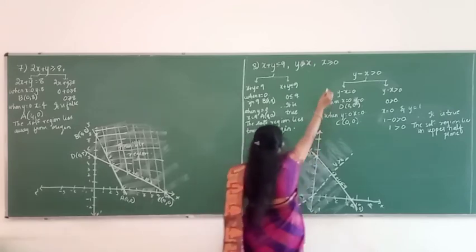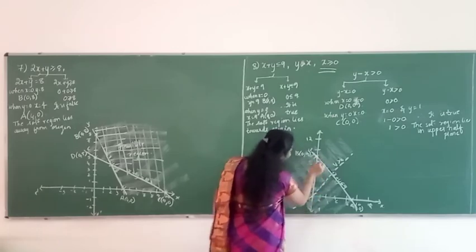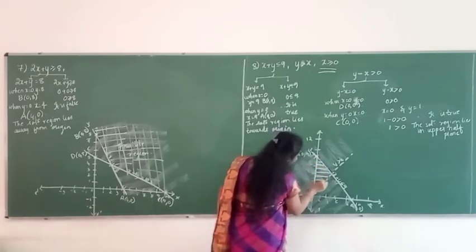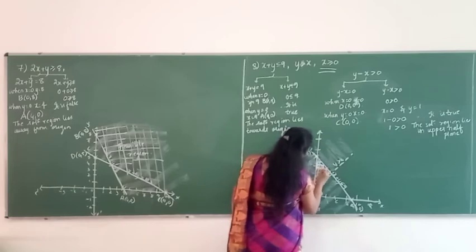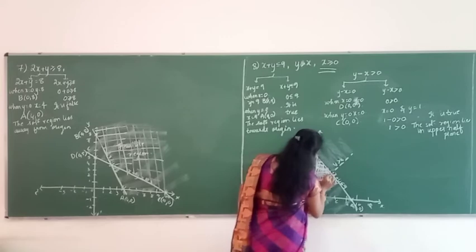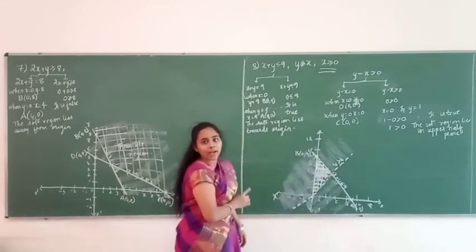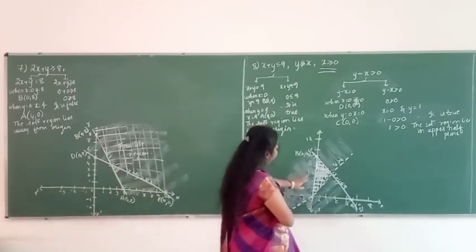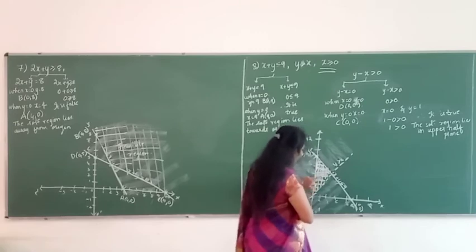So in this we have one more condition, that is x is greater than 0. So obviously x is greater than 0, what I said, it will be lying in this region. That is the first quadrant. Which is nothing but called the feasible region. Just check with the constraints, that is x is greater than or equal to 0 and y is greater than or equal to 0. So as it is greater than or equal to 0, I said all the points include the solution region. So those regions we will be considering, that is in the first quadrant.